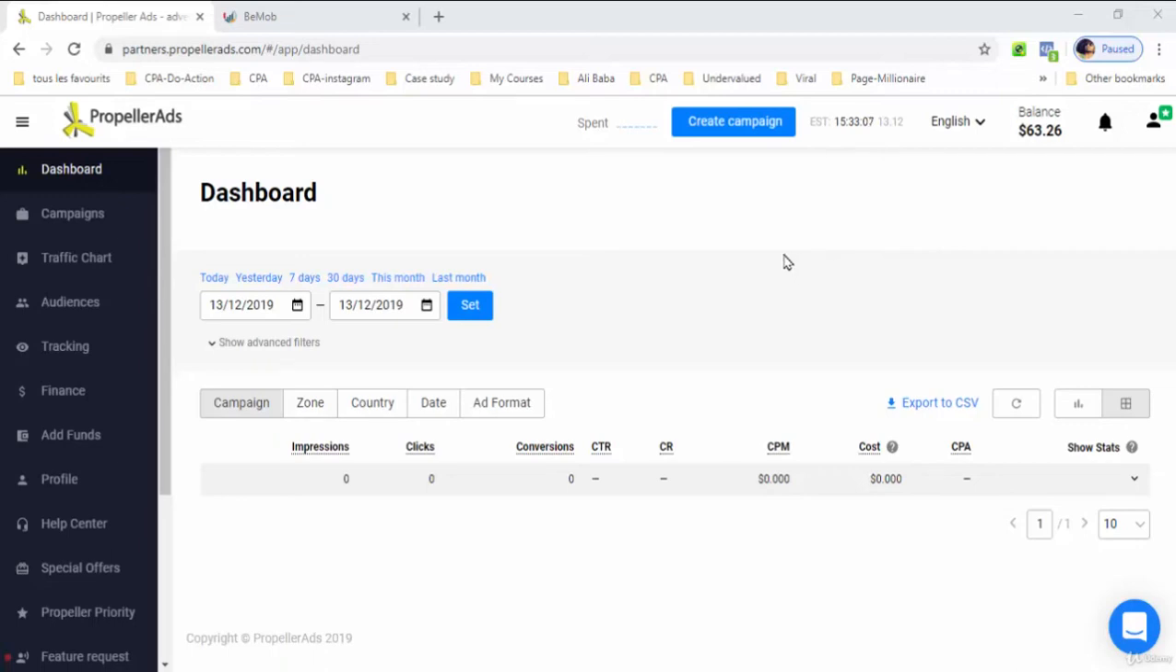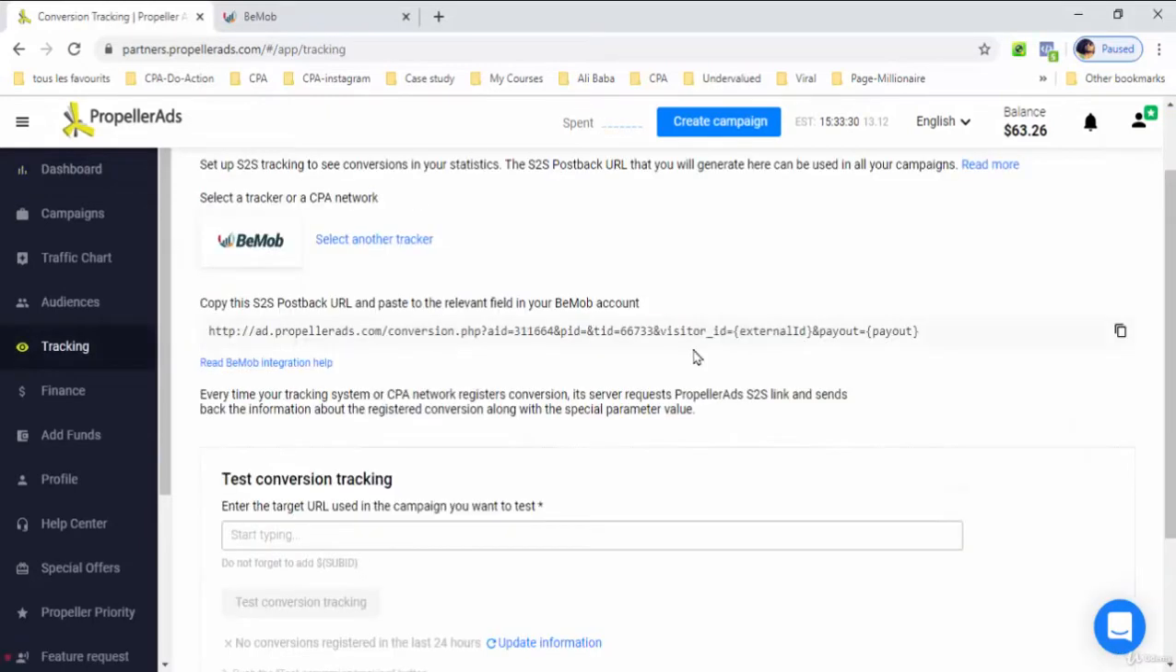In this video, I'm going to show you how to create a tracking link for Propeller Ads. And I will show you how the tracking tools work. First of all, go to the left and click on tracking. Then select Bemob from the conversion tracking. Copy the postback URL